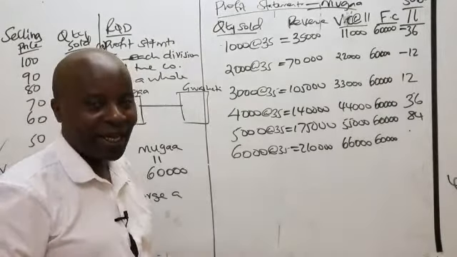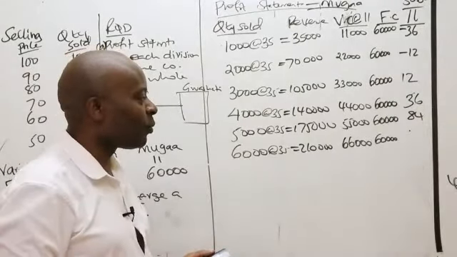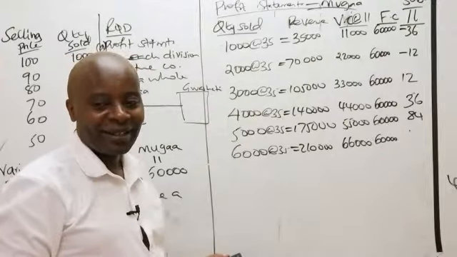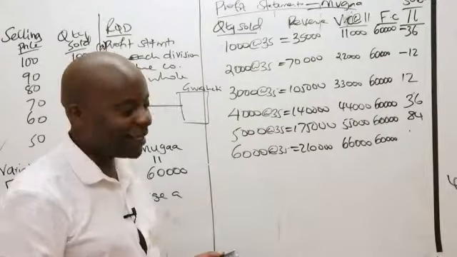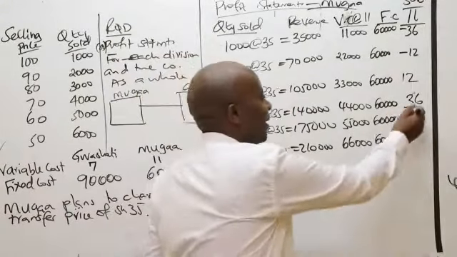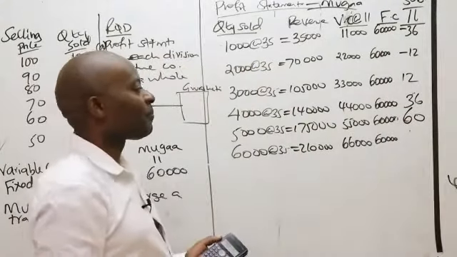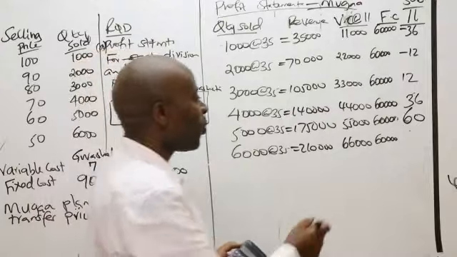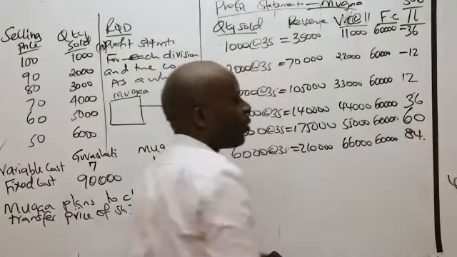The fifth figure, what answer are we supposed to be getting? 60 is the correct answer there. And then the sixth one is 84, the one that Sheila was giving us, 84 like that.